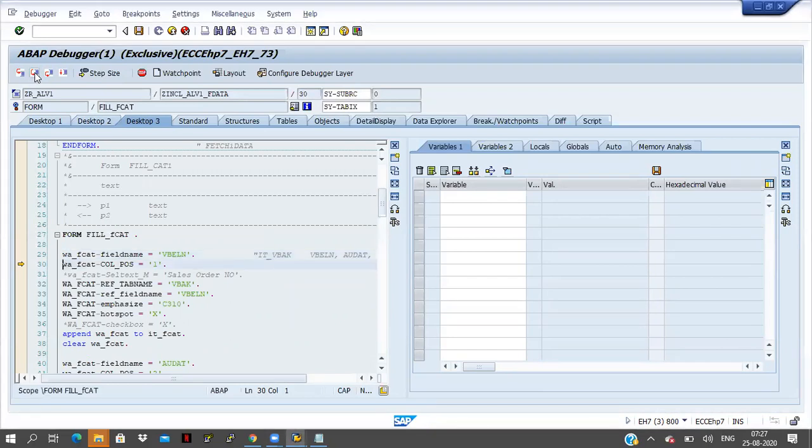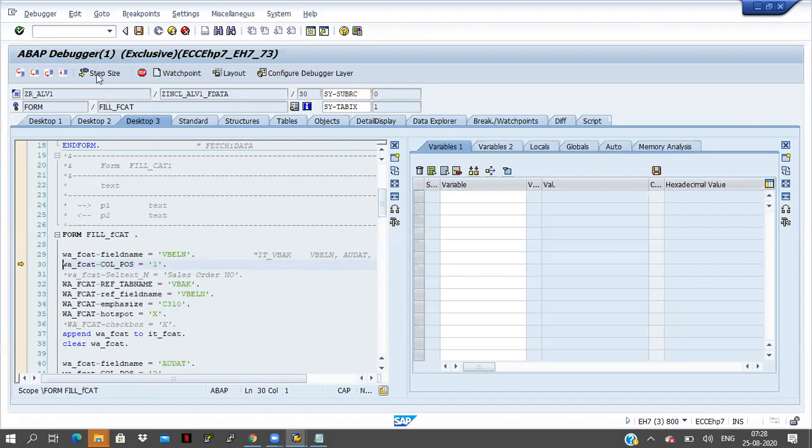So what is happening here? It is going to the next line only, but I don't want to execute line by line here. I want to execute the total subprogram at a time, and I want to go outside of this subroutine. So click on F7. So we have to know about these things: F5, F6, F7, F8. Okay, so in debugging, these are the main things. You have to practice debugging more and more.